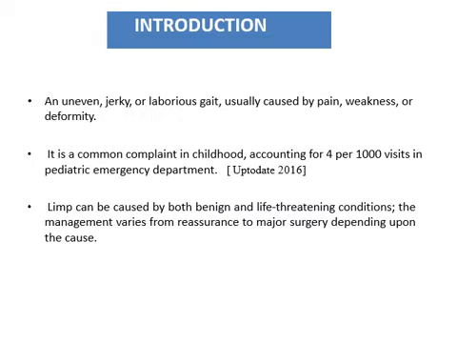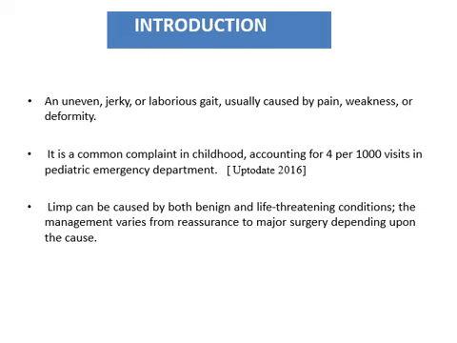So what's limping? It's an uneven, jerky gait. So any change from the normal gait is called limping. And it's mainly caused by three factors: pain, weakness, and deformity. And it's one of the most common complaints for visiting an orthopedic clinic, because the etiology can vary from benign to life-threatening conditions, and the management as well varies from just reassurance to